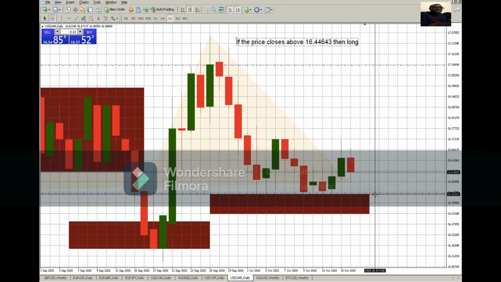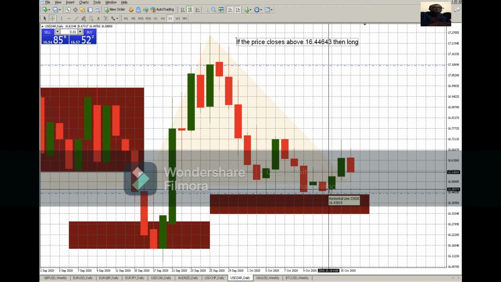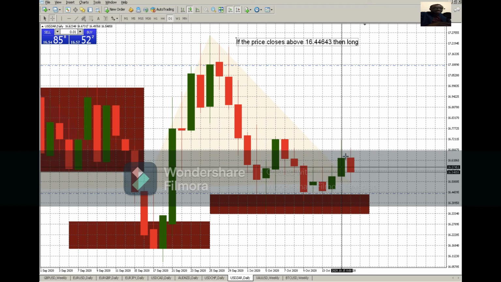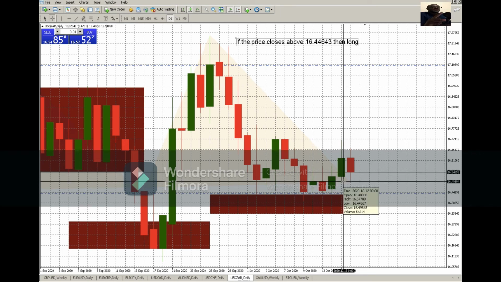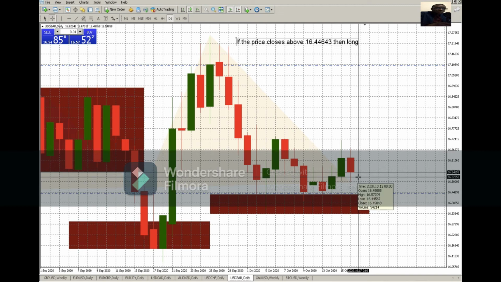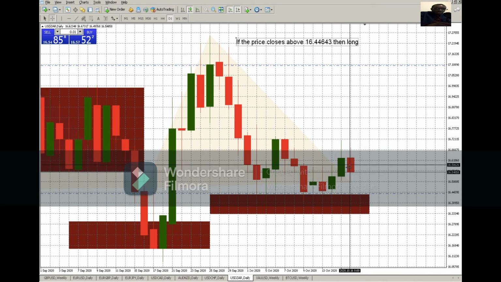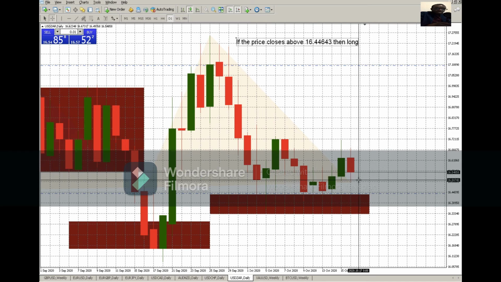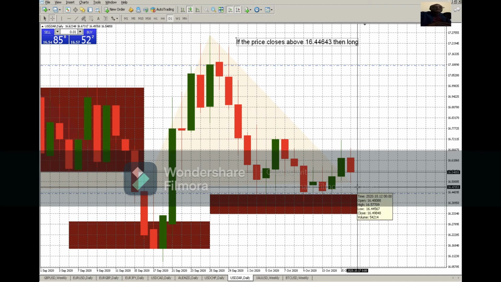So what we are expecting now is, since the price coming from this low made a higher high, because this high is higher than this high, we're expecting now bullish movements, but only if the price comes and forms a higher low. So if there is a next bullish candle, we expect that if there is a reversal and it makes a higher high,